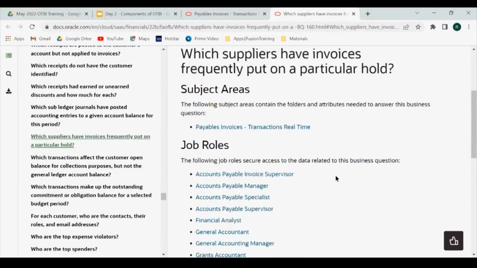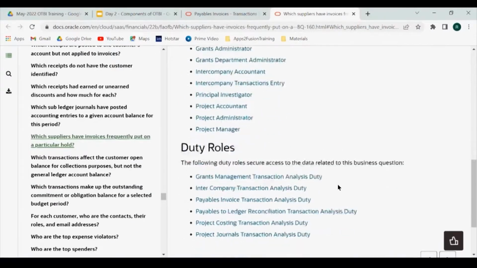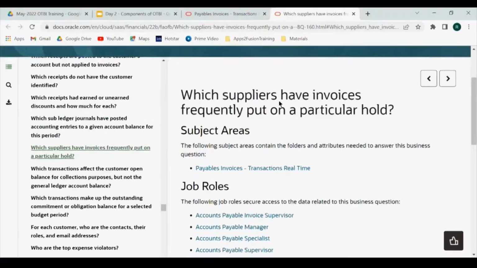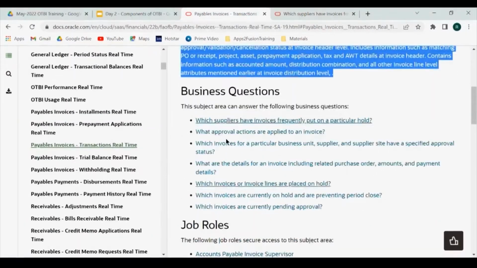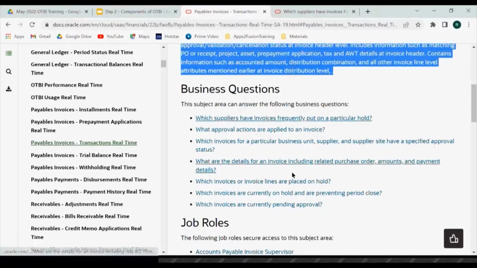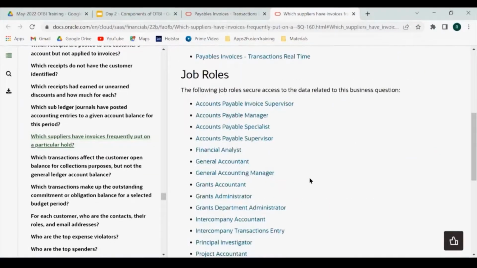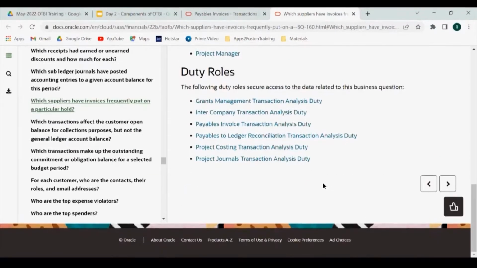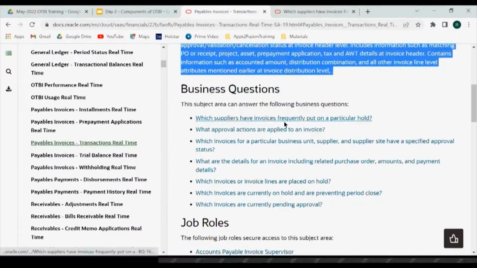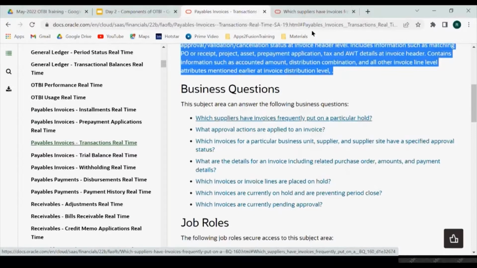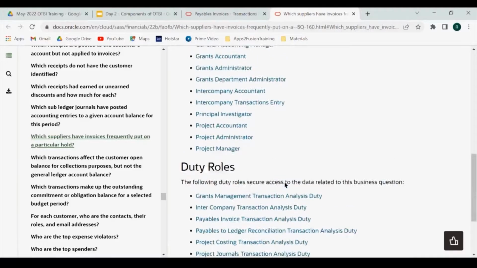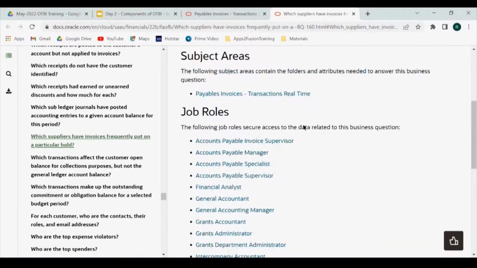Of course, along with the limitations that I explained to you guys yesterday. So after you come here, if you navigate to the respective questions, you can see what roles are required to address this question using your OTBI analysis. This will talk about the job roles and duty roles that you need to assign to the user, who is a business user actually creating your business